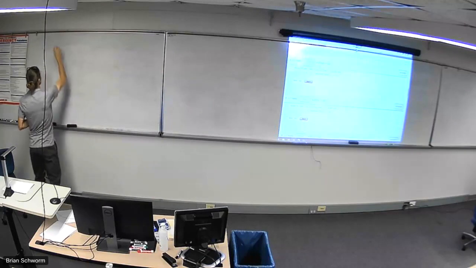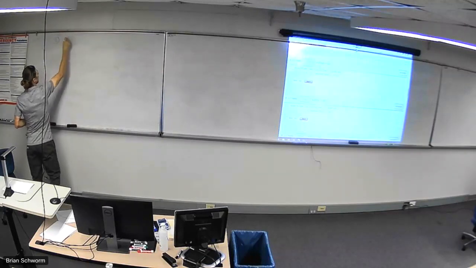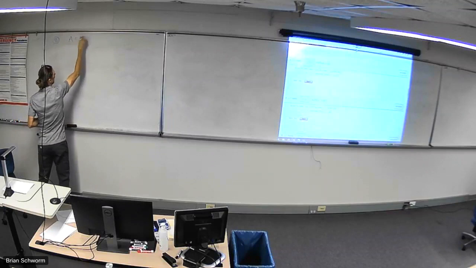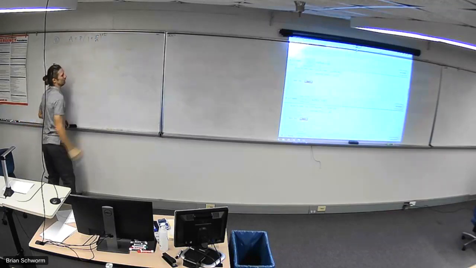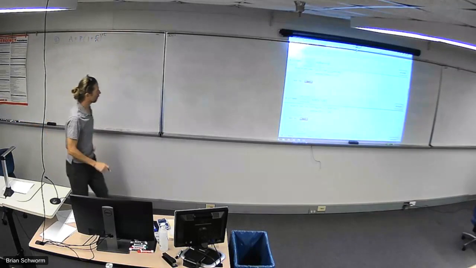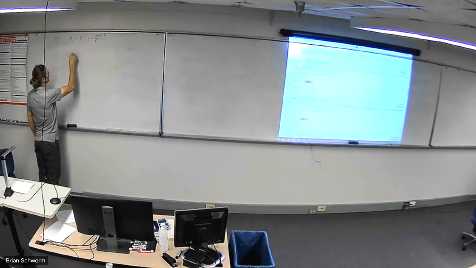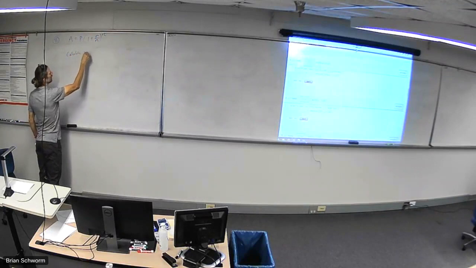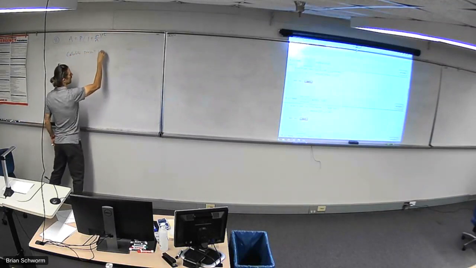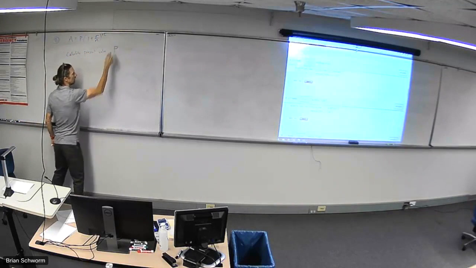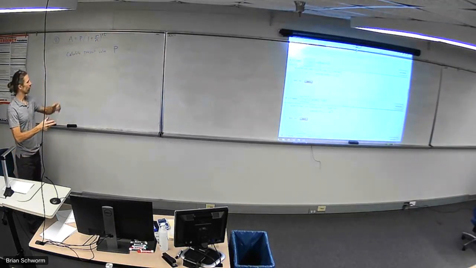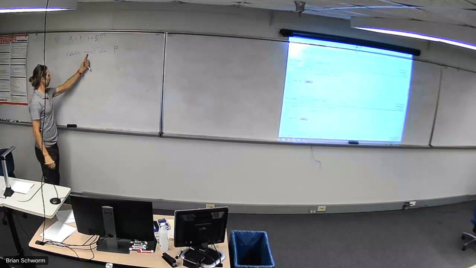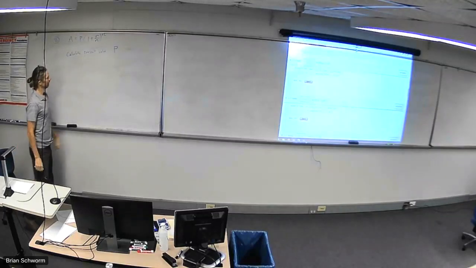So number 8. Same formula. Should have erased it. Let's say calculate present value. Just a P. Usually I use P for principal, but principal means the initial amount put into the account. So if we put in money right now, in the present, referring to the P,